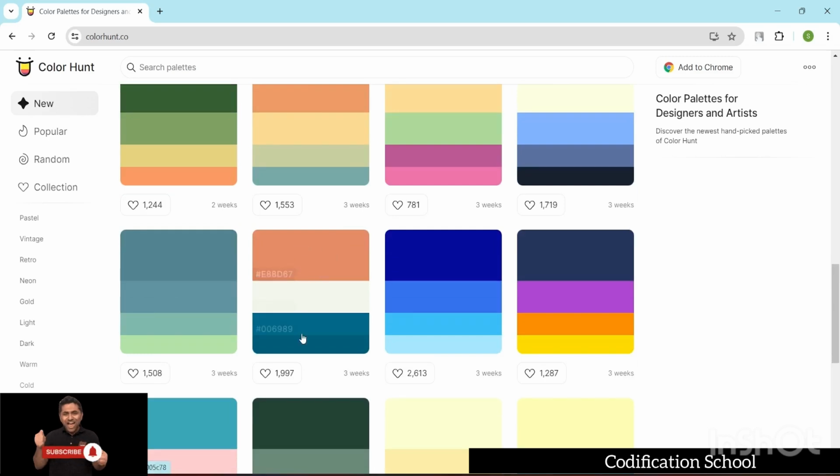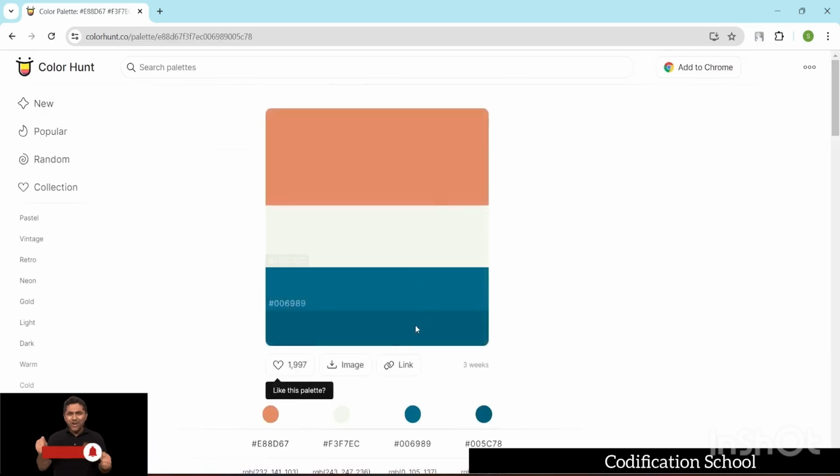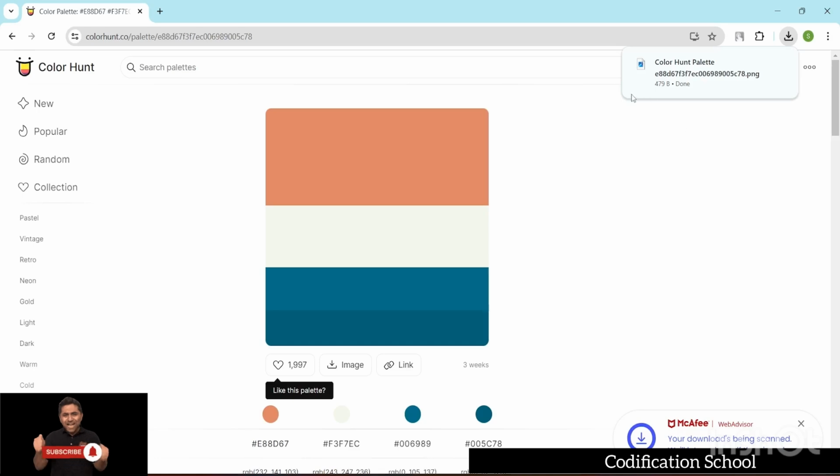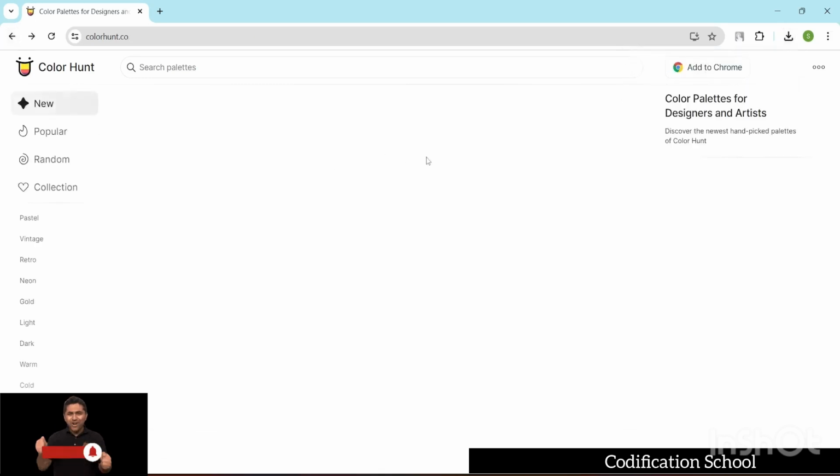Okay, and over here if you do want to take any of this, you guys need to come here, and if you do want to download this image, let's click on that image, and here that particular image is being downloaded. Okay, and once this is done, let's come here, let's close this one down. Let's say I want to use all the colors present right over here, and let me take another color palette over here as well. Okay, so if I do want to use it for a different thing,